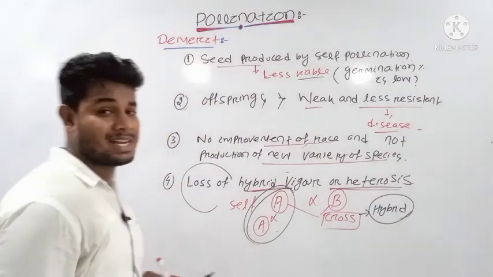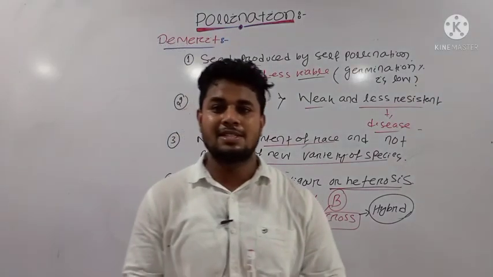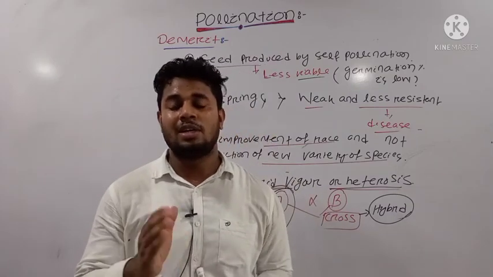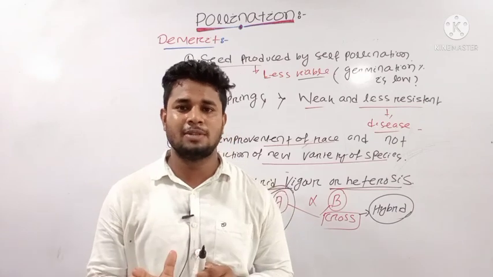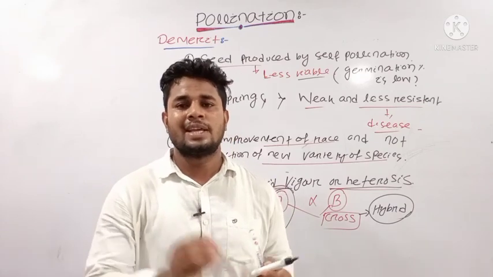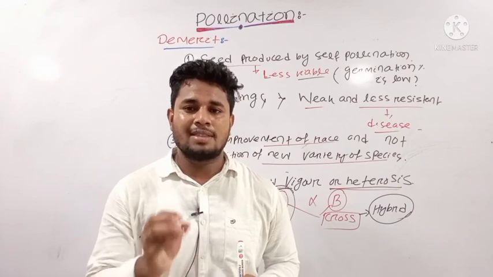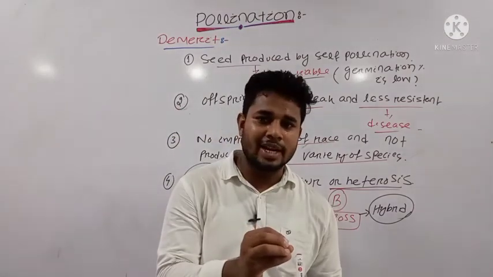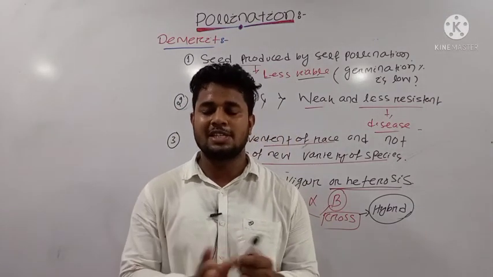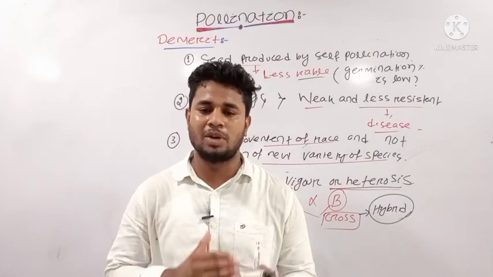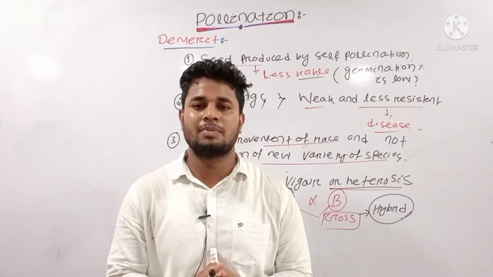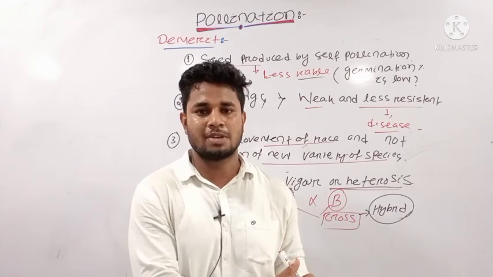These are some merits and demerits we have discussed in this chapter. In this video lecture we have studied self pollination. What is self pollination? When a single plant is involved, the anther having the pollen grains deposits them on the surface of the stigma of the same plant. No other plant is involved. This is called self pollination, and we have discussed some contrivances, merits and demerits of self pollination.